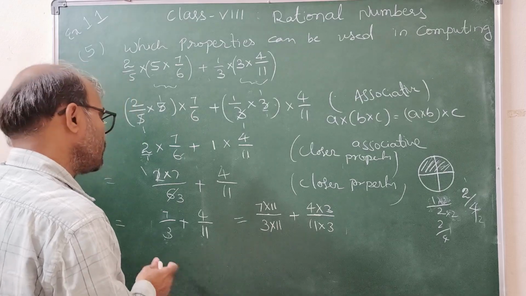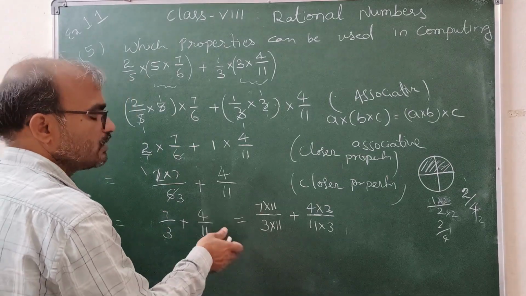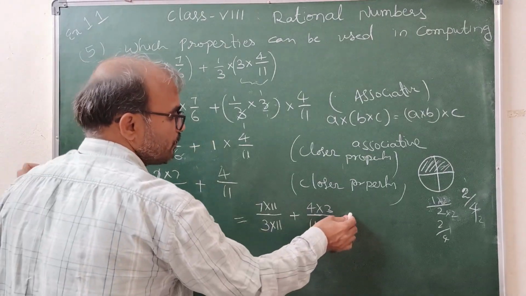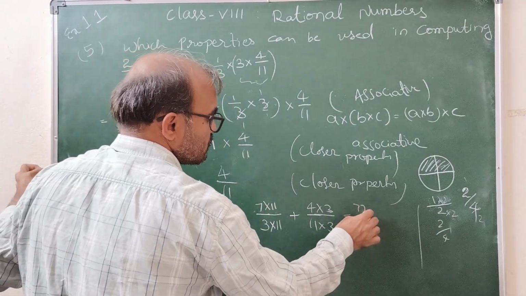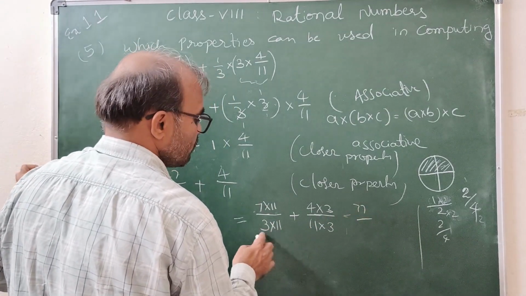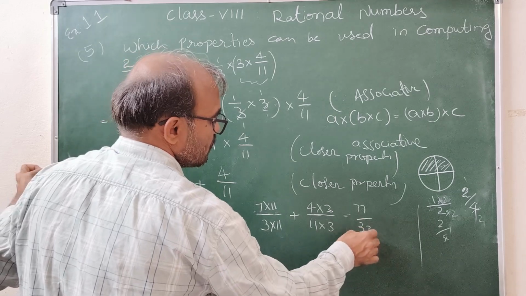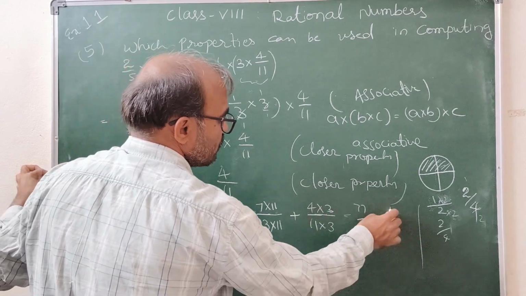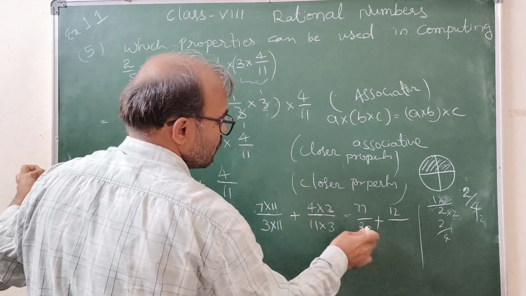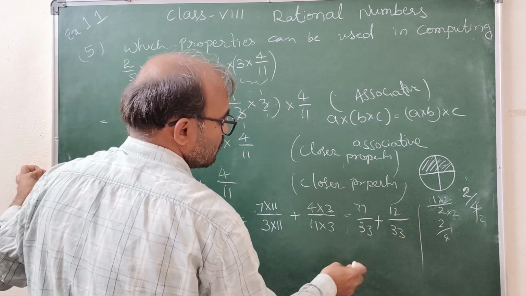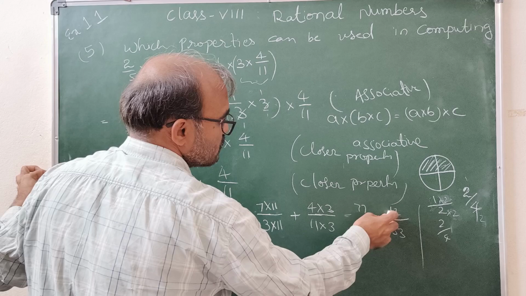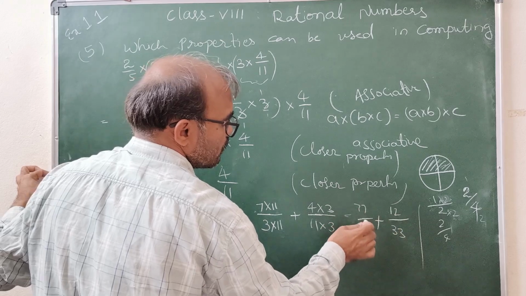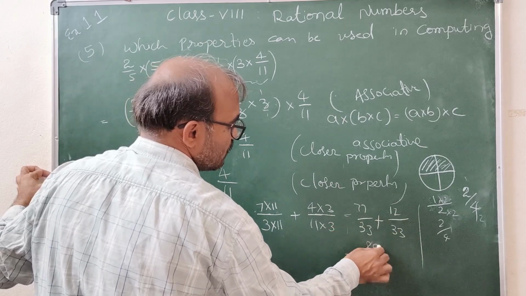So we are writing equivalent fractions of 7 by 3 and 4 by 11. Right? 11 7s are 77, so 77 by 33, plus 4 3s are 12 by 33, is equal to 77 plus 12. Right? So 89 by